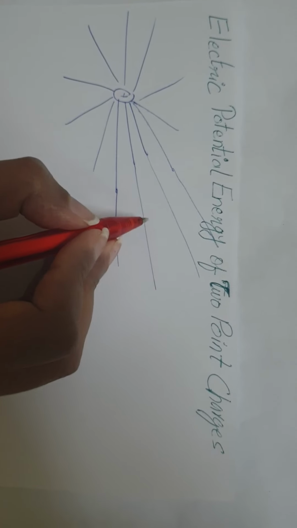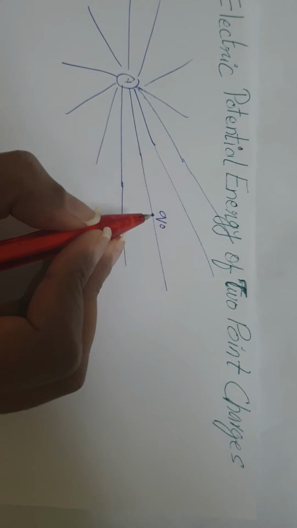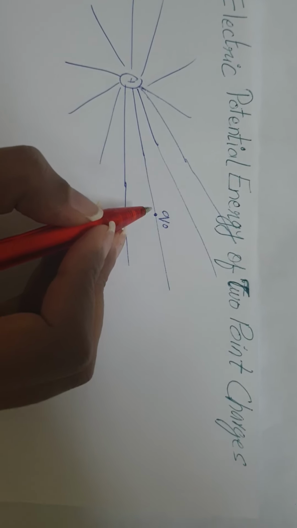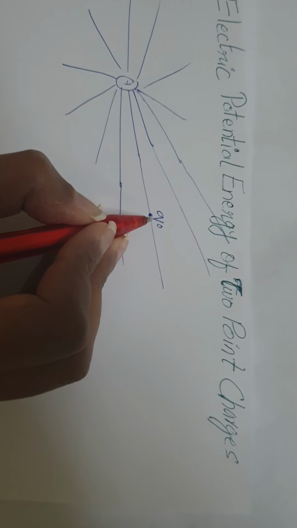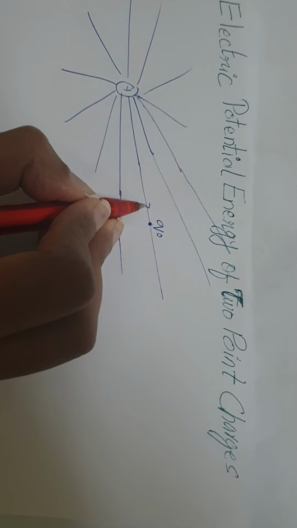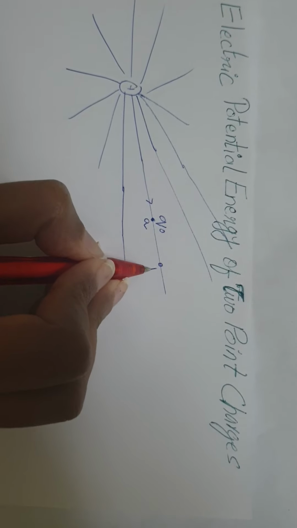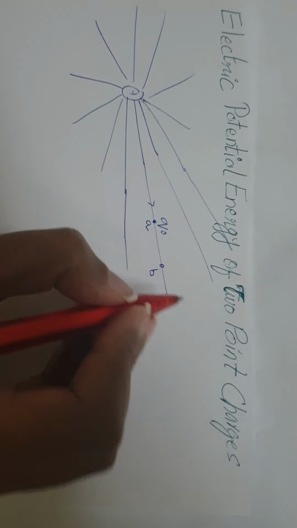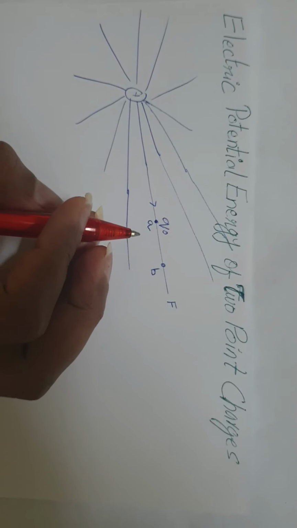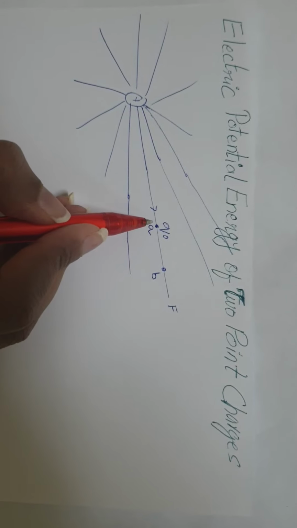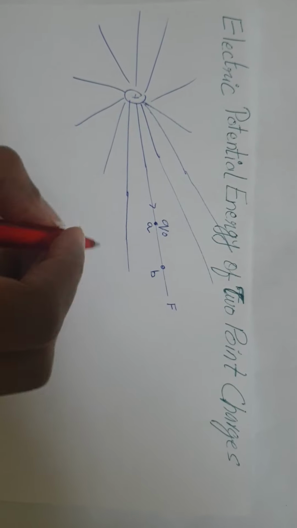Let's consider a test charge Q naught that is having a displacement along the radial line from point A to point B. The force on the charge is given by Coulomb's law, and its radial component would be